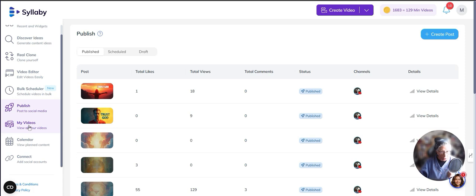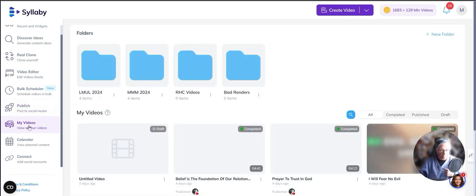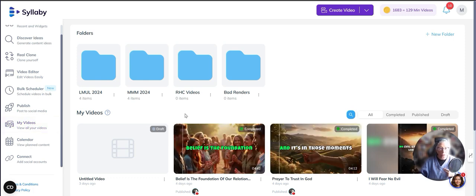So you can use TikTok, you can use YouTube, you can use Facebook, you can go to Instagram, LinkedIn, and they're adding more platforms all the time. In my videos, I basically would scrub through my videos and edit them here in this particular platform, and then I also have them stored in folders so that I can reutilize them.